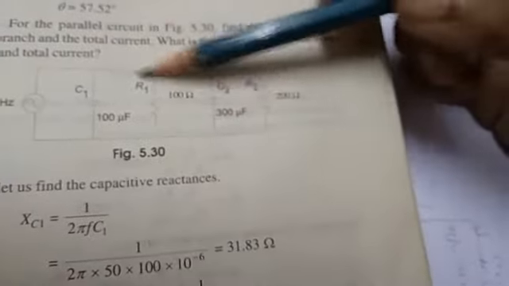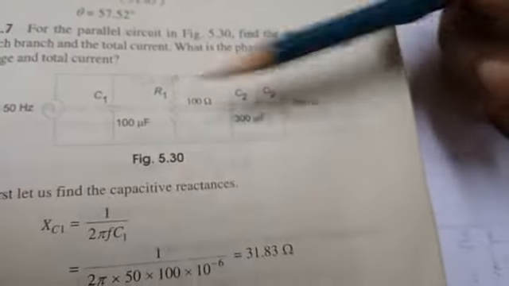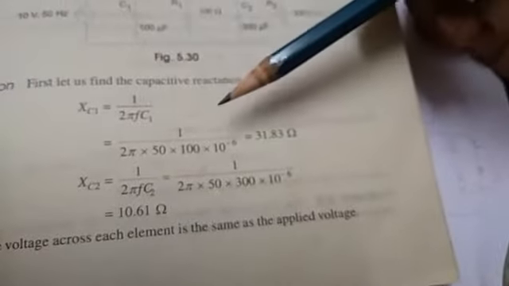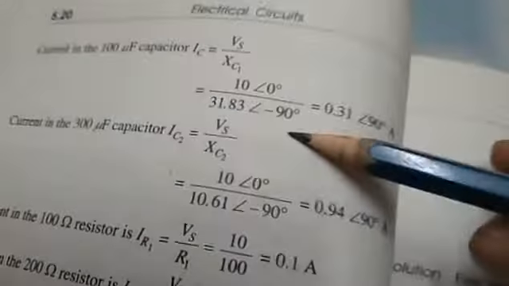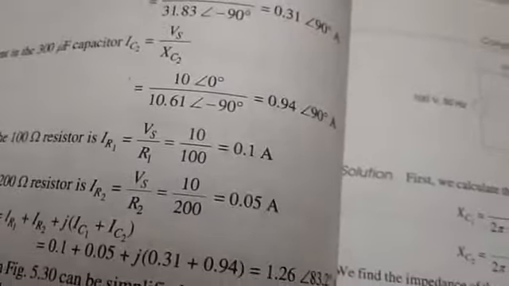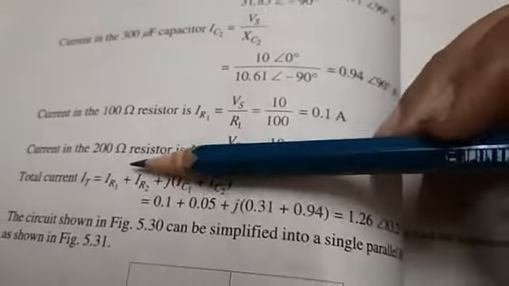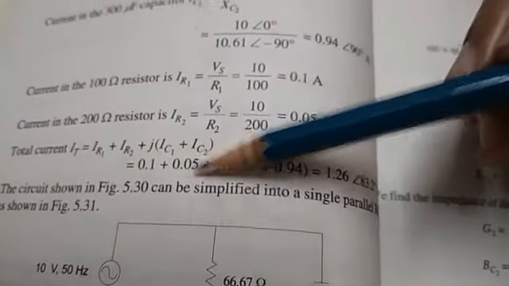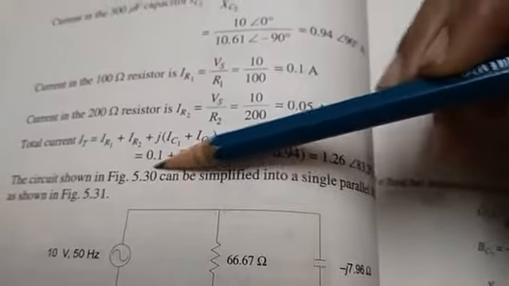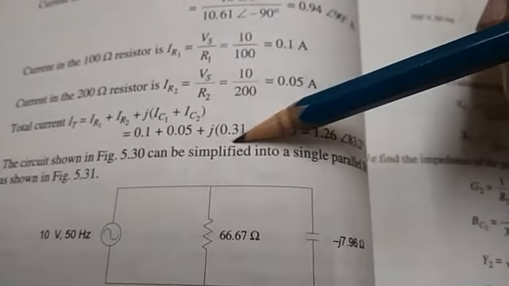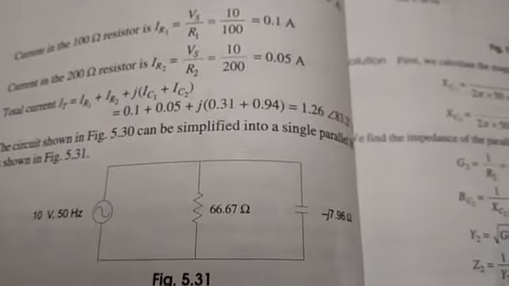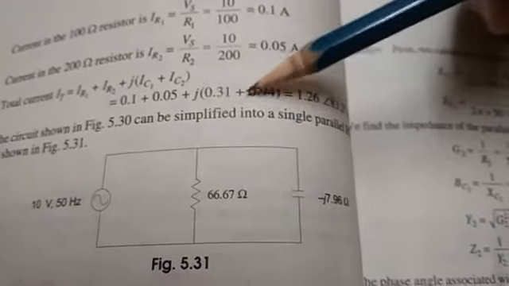Okay, if you have a number of elements, we are supposed to calculate the effective capacitances and effective impedance and current values when coming to your parallel circuit. Each and every branch we must consider. But for the final one, we must add all the values and get the total current in the real element, whatever the resistance, and the imaginary term, whether it is an inductance or capacitor, whatever the reactive term.